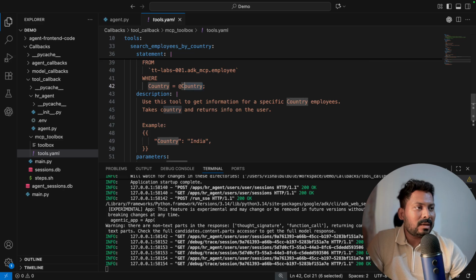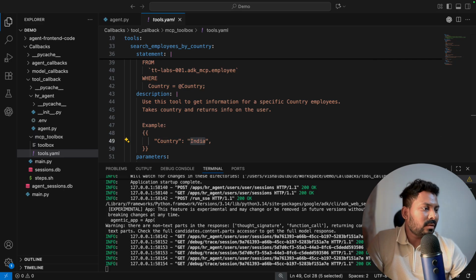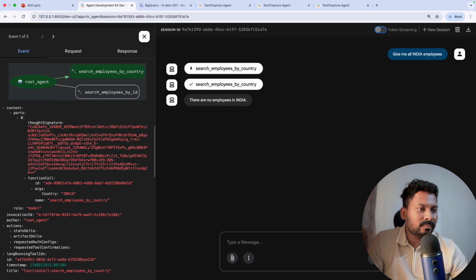Here I am taking a country parameter, and whenever I put the user's query as small, it takes it as it is. If I pass camel case India, it takes camel case India. You can see the parameter here. The argument is country India, which is capital as it is, so there is no data. But in our previous session,